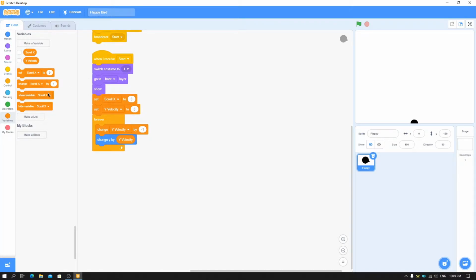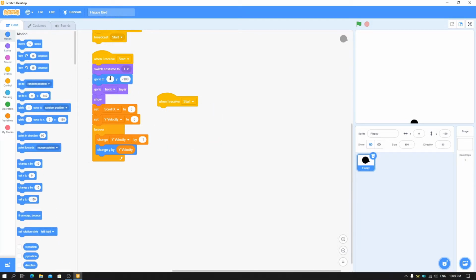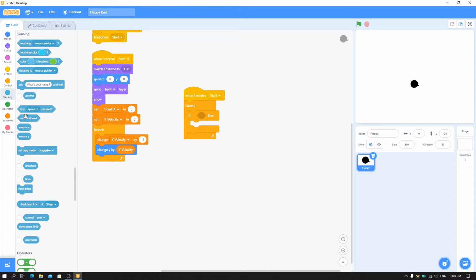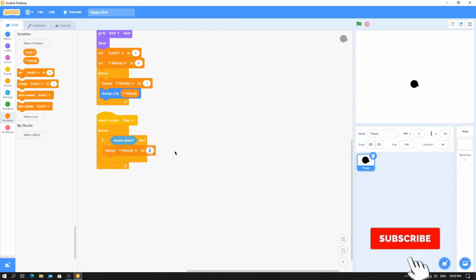Now this is falling, so we also need to make it fly. So when I receive start, also put here go to x 0 and y 0, so it does not go here. And so now when I receive start, forever if mouse down, so when the mouse button is down, it will change y velocity by, say, 10.